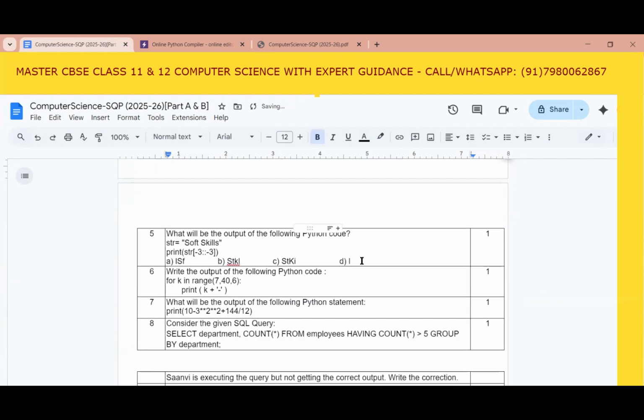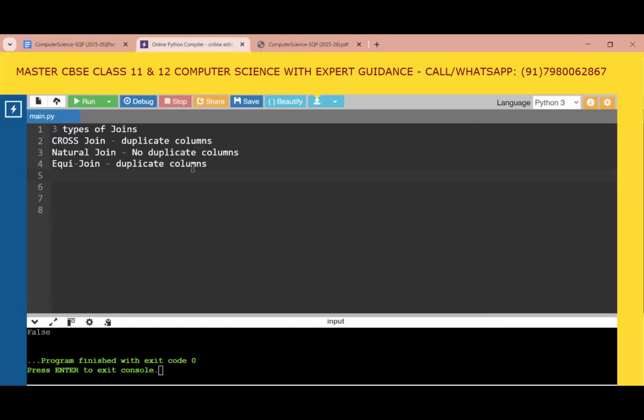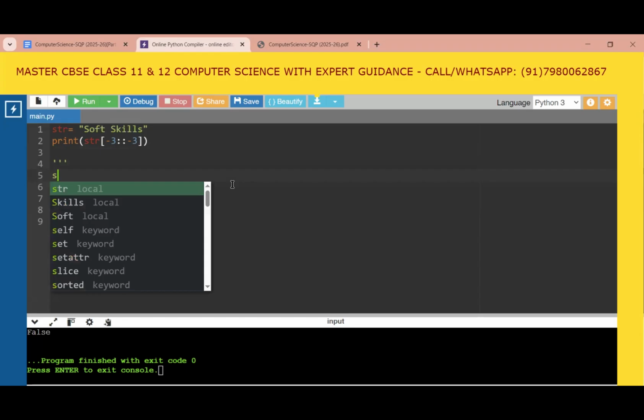चलिए अब चलते हैं क्वेश्चन नंबर 5 पे. क्वेश्चन नंबर 5 is saying what is the output of this one. Okay. This is the statement. Let me put it here. So in this statement, अगर आप देखते हैं, so there is a string str is equal to soft skills. So here, if you look for